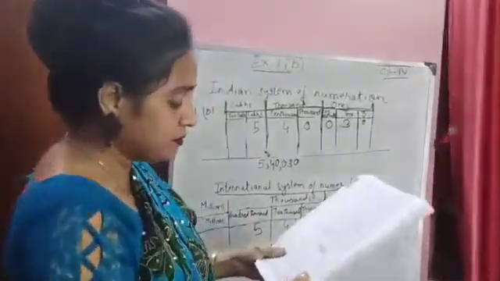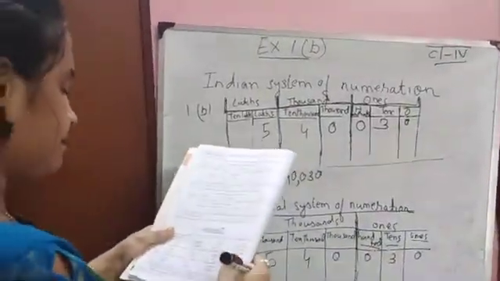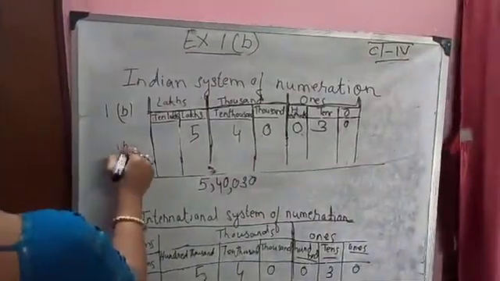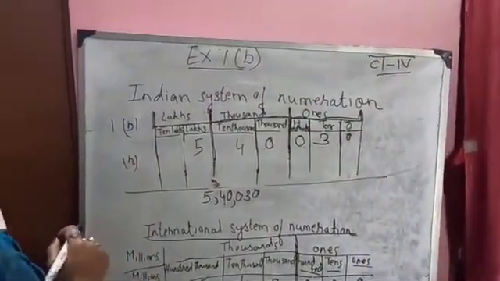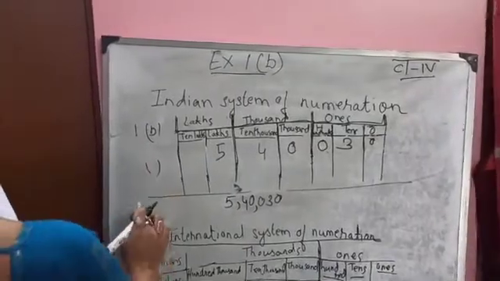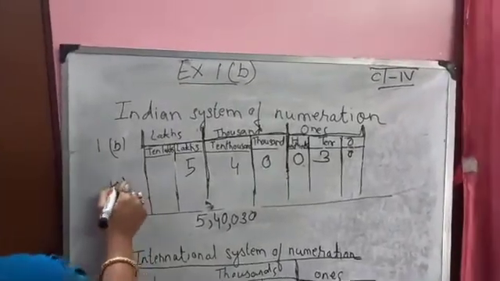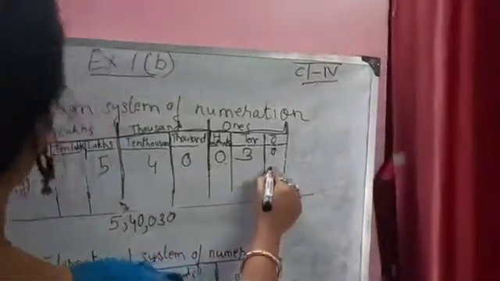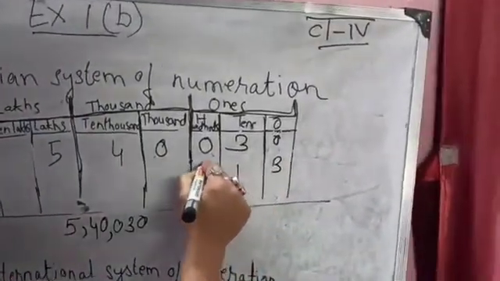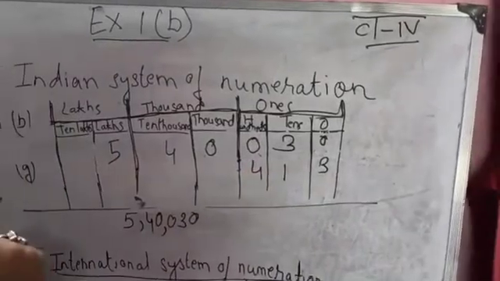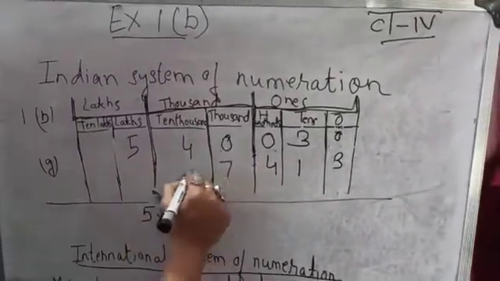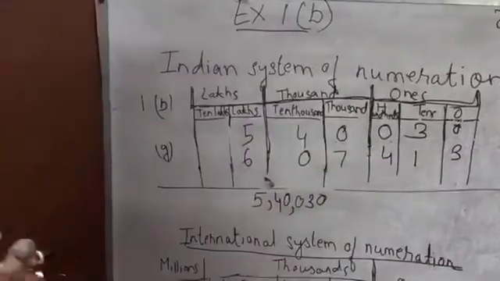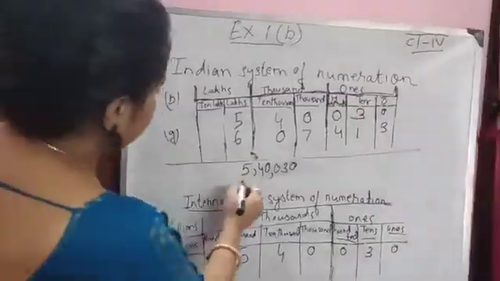Now, I'm going for another sum. That is 8. All are given 8 over here. No, I'll not go for 8. I'll go for some other. I'll go for the G sum. It's given 3, 1, 4, then 7, 0, 6. So here, how will the number stand, how will you give the comma over here?